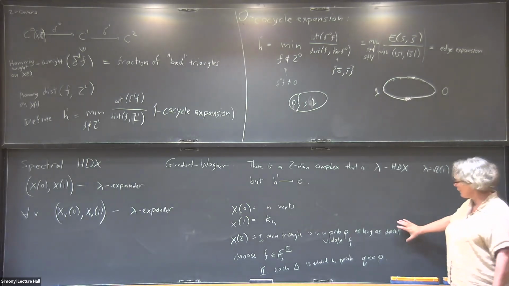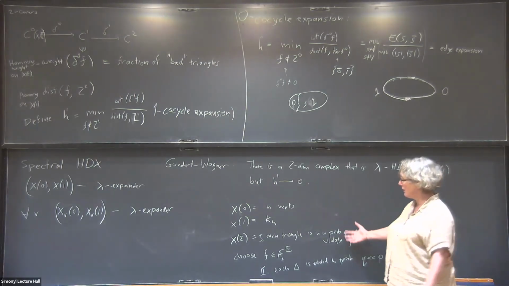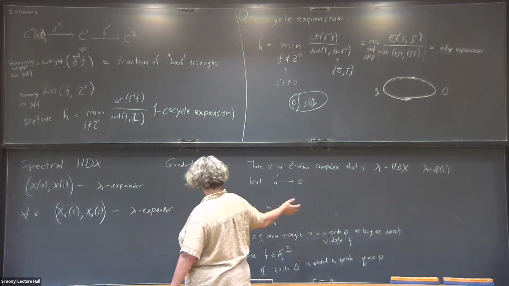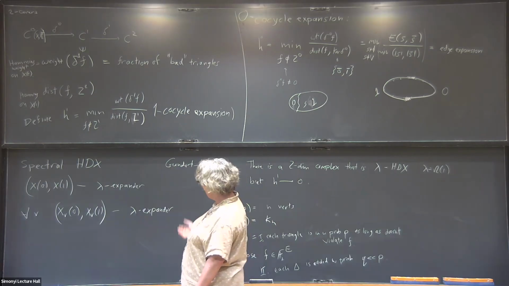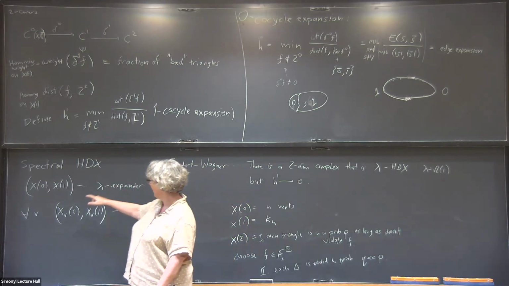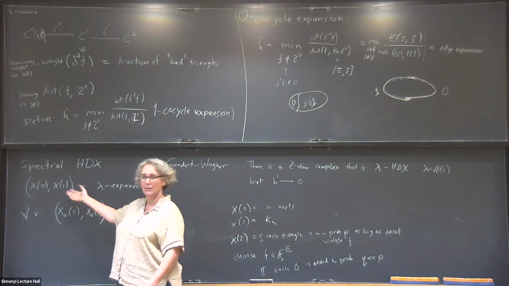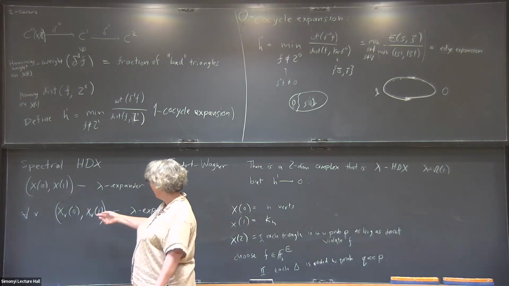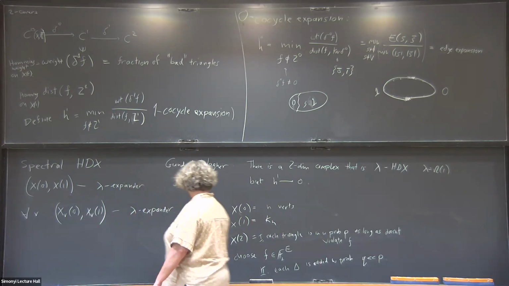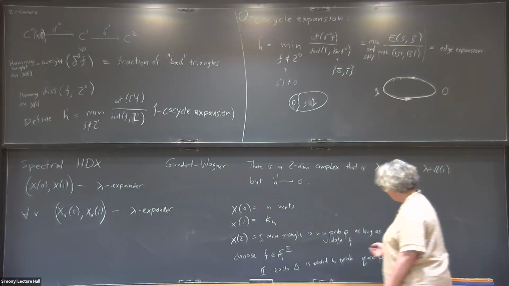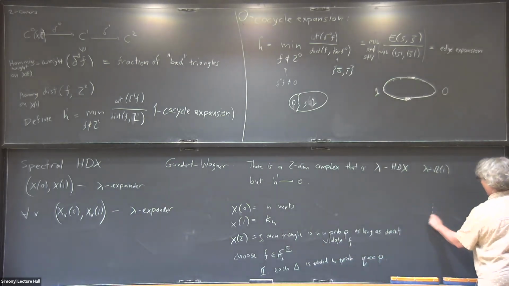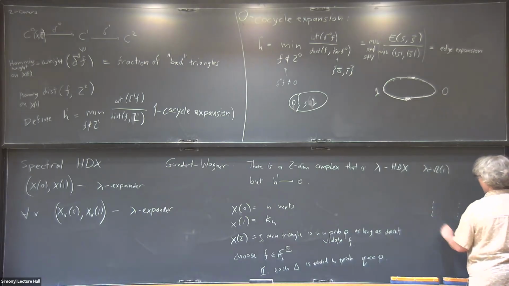So what I want to see first is how does this graph behave with respect to spectral HDX? And then how does it behave with respect to the other kind? And with respect to spectral HDX, well, this is a complete graph, so there's nothing to say here, it's an expander. Here, I just need to look at every link and see what's going on. But when I look at the link, then what do I have here? Well, the neighbors of a vertex are all the neighbors, right? And then